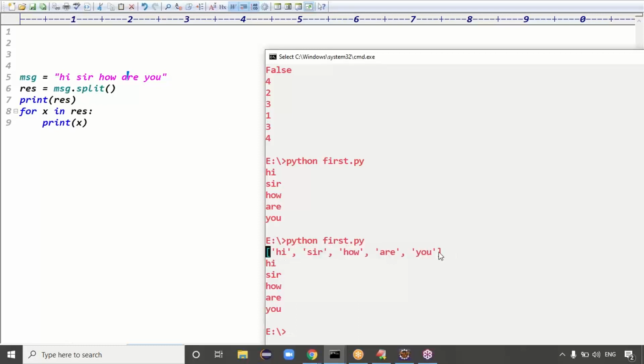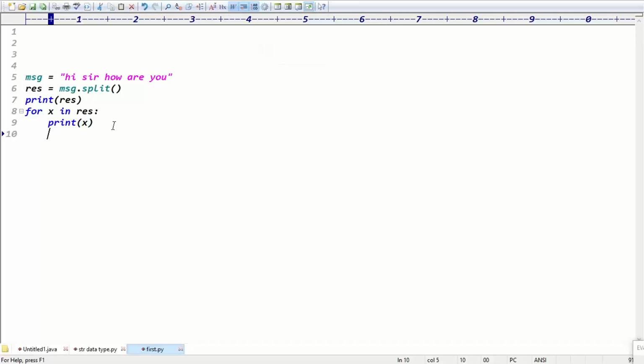Square brackets mean it is a list, guys. Basically, after splitting, you get this list data, and we are iterating that list data using a for loop. Is that clear now? Good.